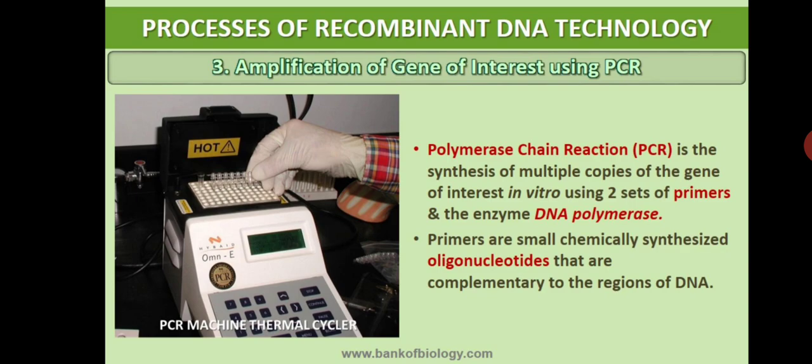Then why is it called this? The same process is also called the thermal cycler. Why is it called the thermal cycler? Here the entire process is carried out by increasing the temperature of the DNA molecule. Because in the particular test tube, the temperature of the reaction mixture you have taken is raised here.